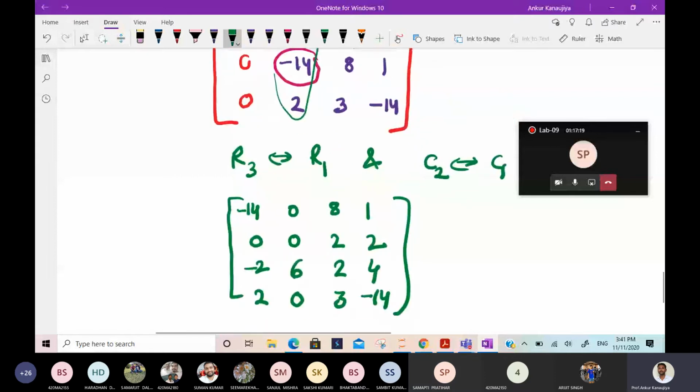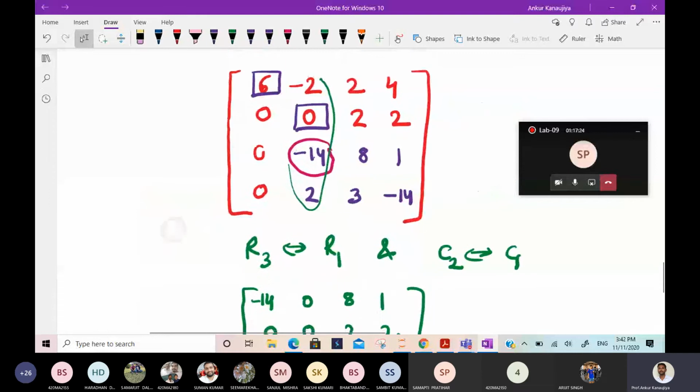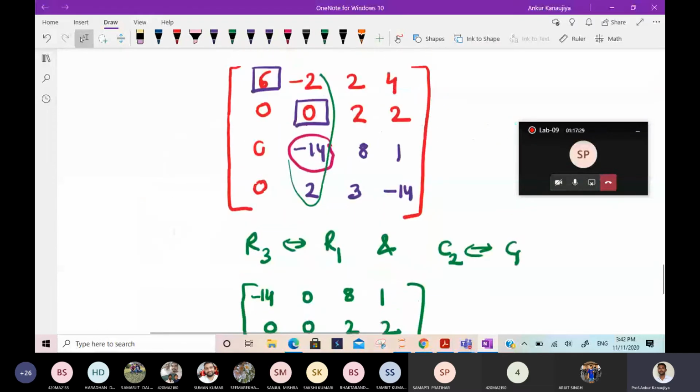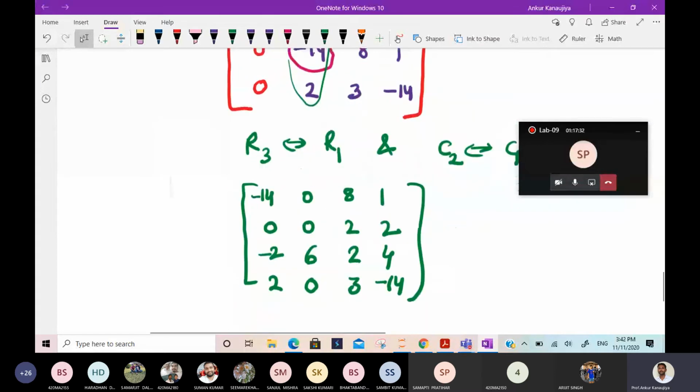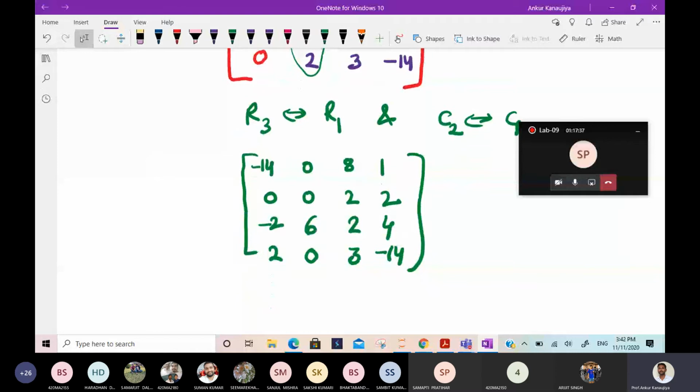So just check whether it is correct or not. Anyway, the last will not change. Here only 20 will shift here. 6 will become minus 2, 0 will become 0, 14 becomes minus 14. Yeah, I think it is correct. Once this is done, which row operation will we apply? With the help of this minus 14, we'll make this minus 2, this minus 2 and this plus 2 into 0. For that you already know the code, no need to change. The only thing you have to change is interchanging.